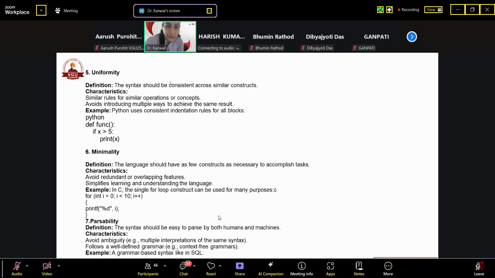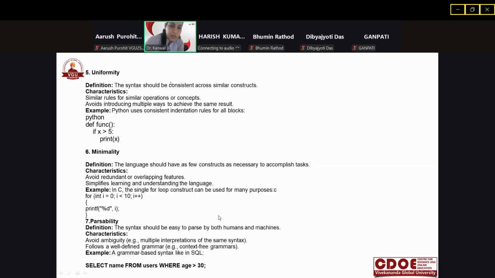If x greater than 5, then print x. Yes, you can say. How? Tell me, what you want to ask? I have not understood your question. For string,